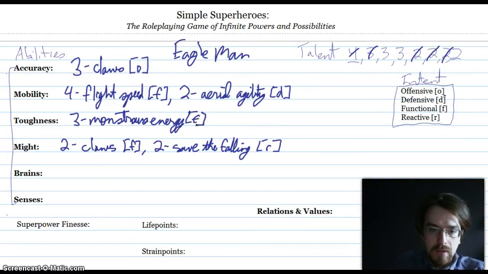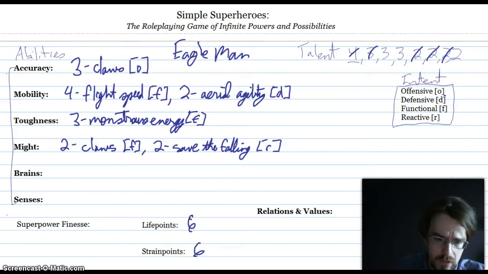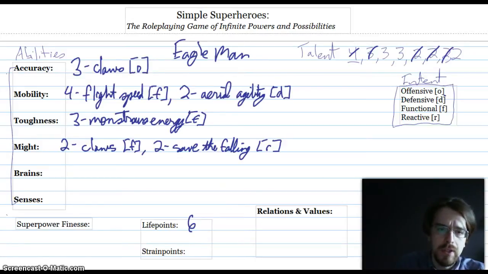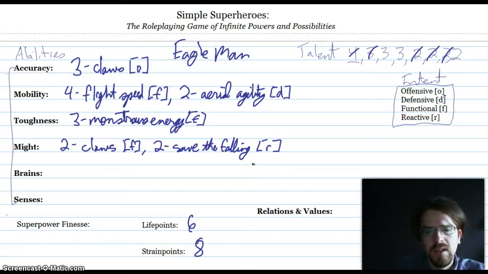And that's functional. This is kind of a special class of talent that boosts his strain points. So everybody normally starts with 6 and 6, but because Eagle Man has this monstrous energy talent, he's going to get 8. This is going to boost it by 2. Everybody's always considered having a 1 in everything, so you pretty much always roll 1 die for anything, and everybody would have a 1, so it doesn't bring it up. Now, the 8 actually also goes down to -8, and he gets to roll an 8-sided die to